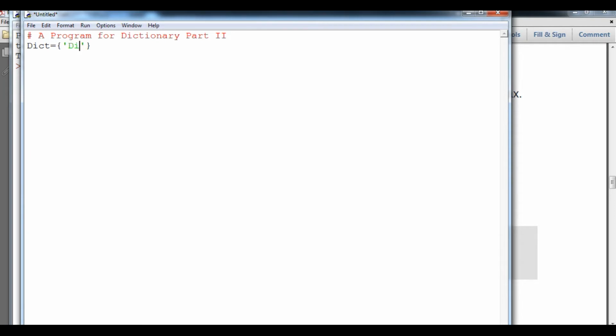As a key I will use dict1, and as its value we are going to create another dictionary itself. Here I have given key 1 with data. This whole is considered one element, because it contains a key and a value, whereas the value is itself a dictionary type, because a value can be any type of object in the Python language.